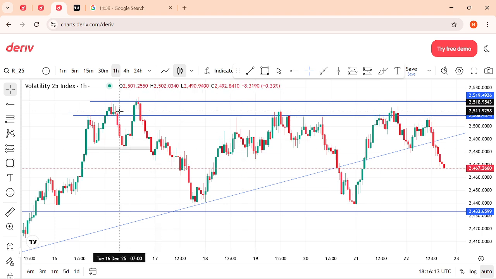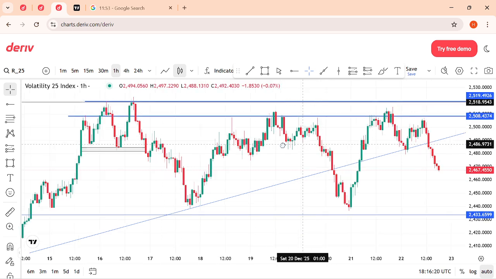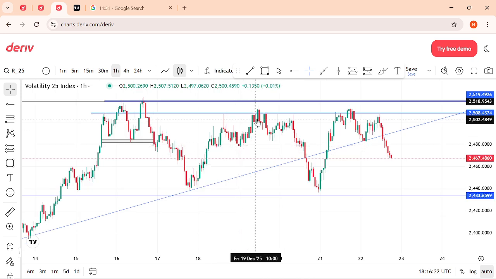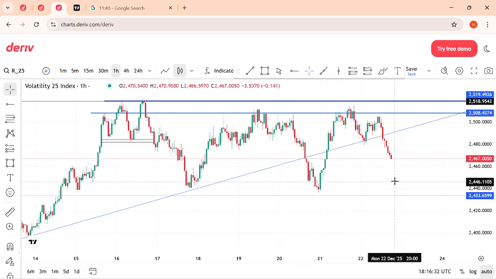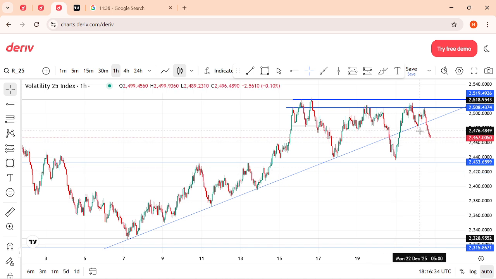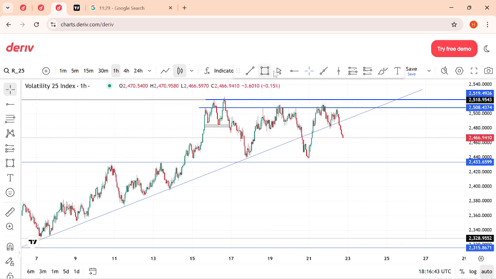We just know that if we're entering off any of this zone here, we'll be putting our stop loss at this resistance point here, and that was exactly what we did. We entered initially here, price dropped, closed out some position, price retraced, and we entered again, added more positions to the one we're holding here, and currently price is dropping down. Originally we are looking at price to drop all the way down to this point, and let's see how we can hold it. But at the moment, the first TP is,